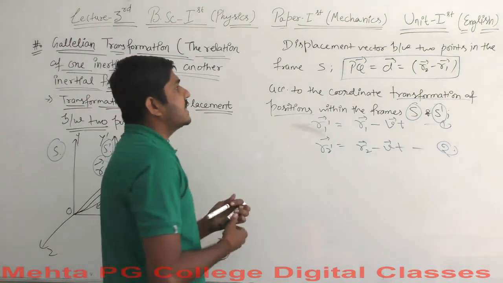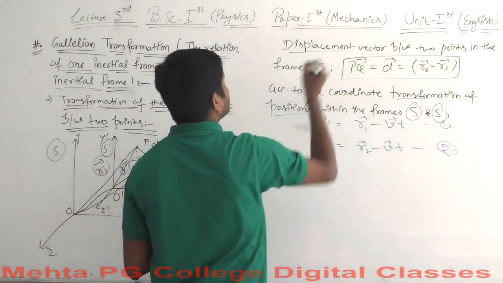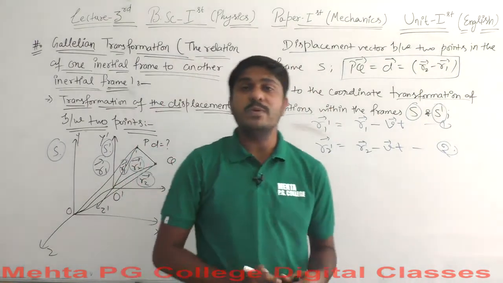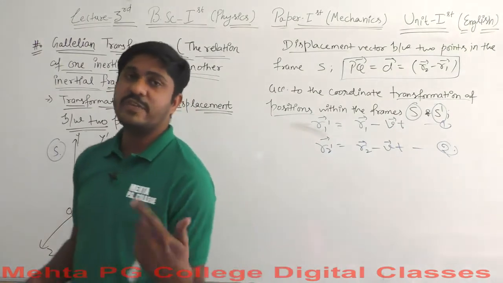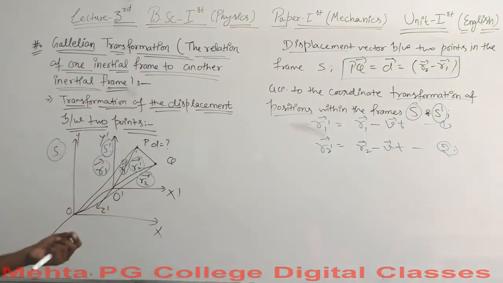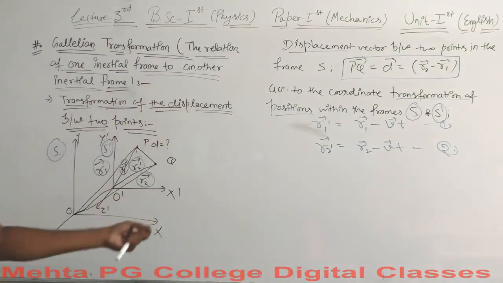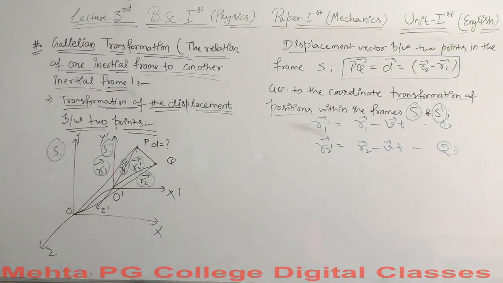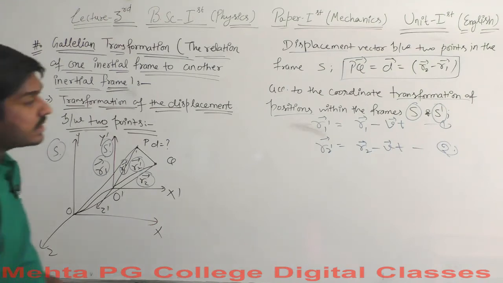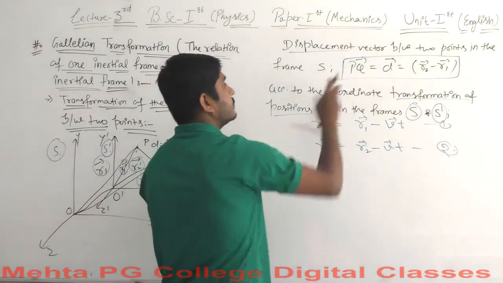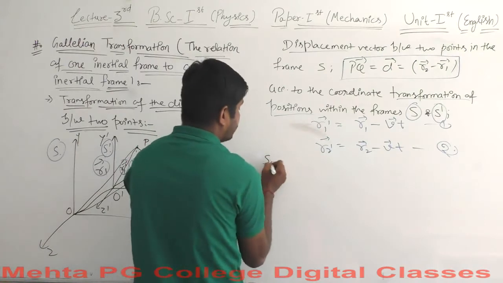Well, we have used the word displacement here, so it is inappropriate to keep on using the same word again and again. We will get confused. So to reduce the confusion, let's say this is the transformation of positions for both the frames. So what should be the value of distance by now? So the displacement vector,